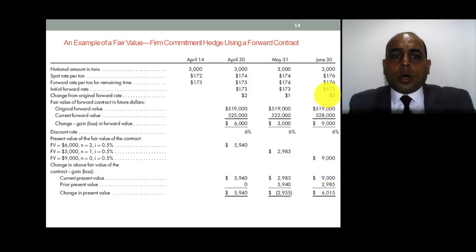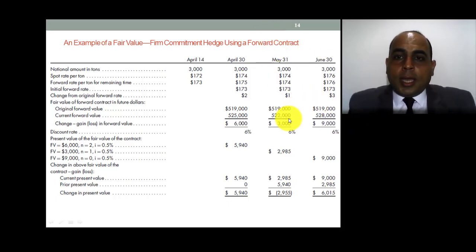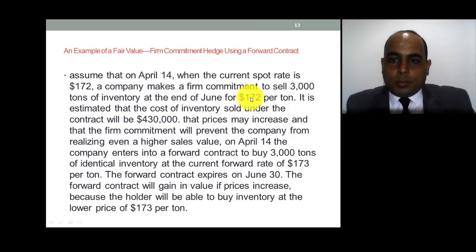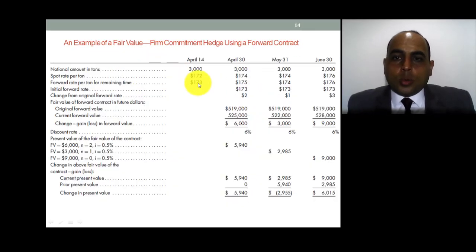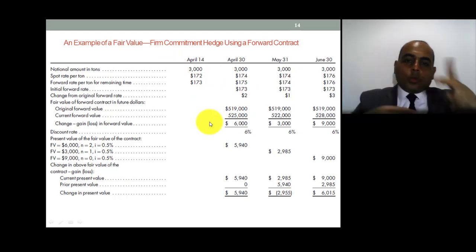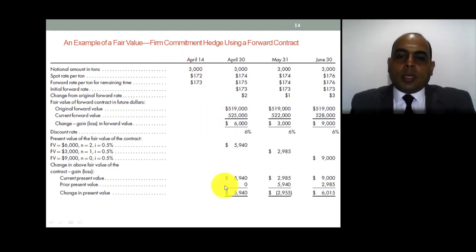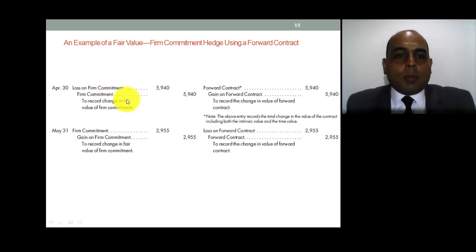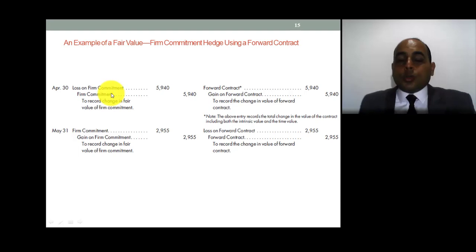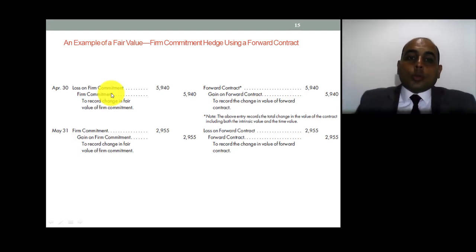Why? Because we agreed to sell it by 172, as mentioned here. We agreed to sell it by 172, where the price is increased to 174. So we are talking about the same amount of difference, $2, and calculate the present value of it. So the same amount, loss on firm commitment, that you have to record because you have a commitment to sell